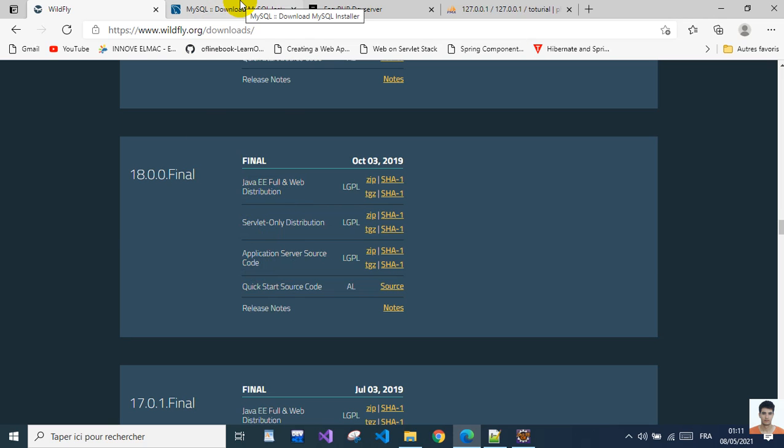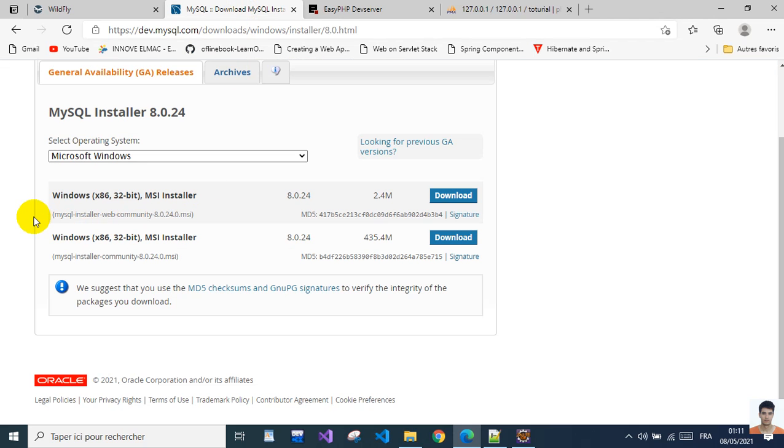Then we need another thing, the MySQL connector. Go here, dev.mysql.com, download Windows installer, then choose an appropriate version. I personally have 8.0.17, I guess, not 24. Anyway, install one